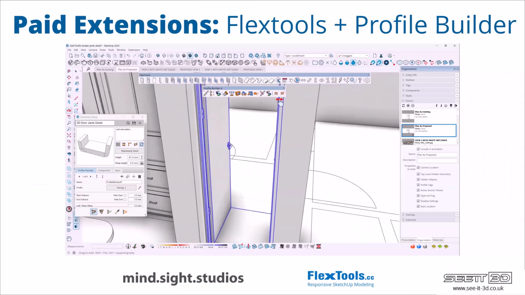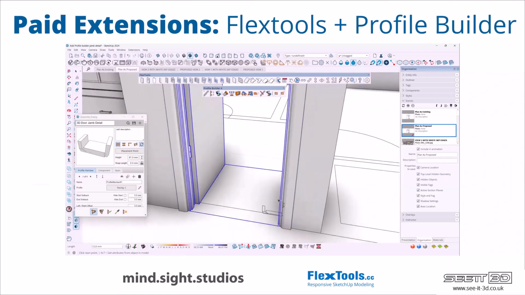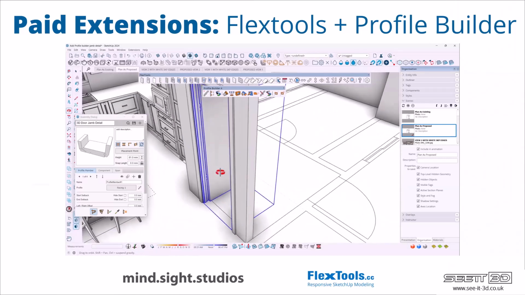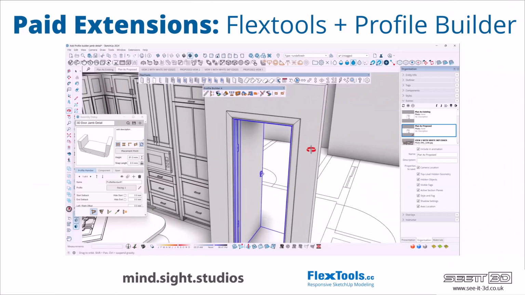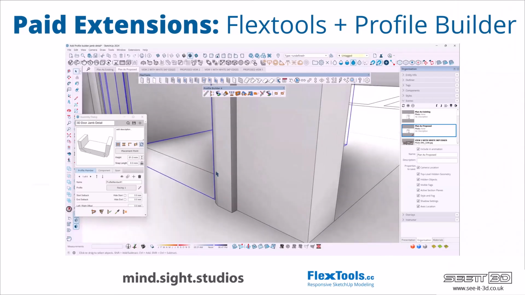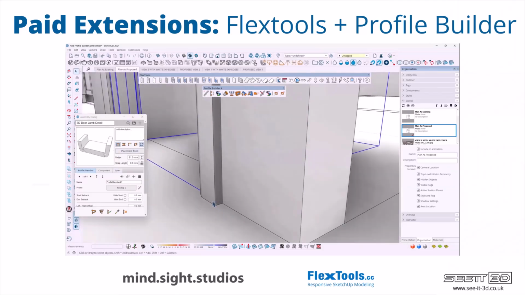To find that point and then take it down and click there and press escape. So we have got the detail in that doorway. Isn't that really cool? Really fast. So that was already pre-made, okay? But again, an extension with a lot of power, you can make many things with it. Even externals, railings,